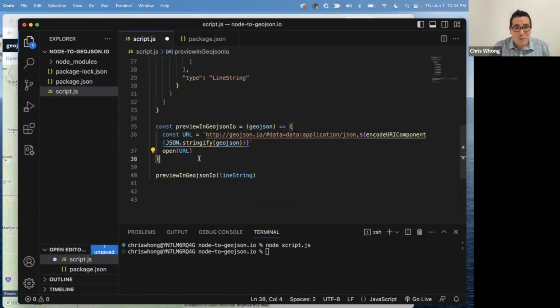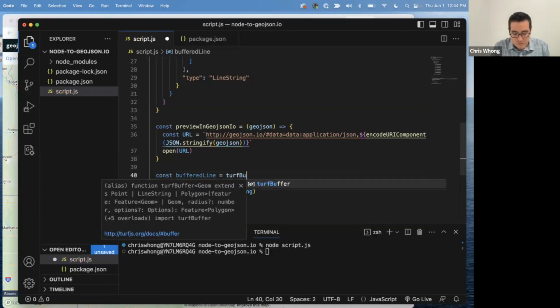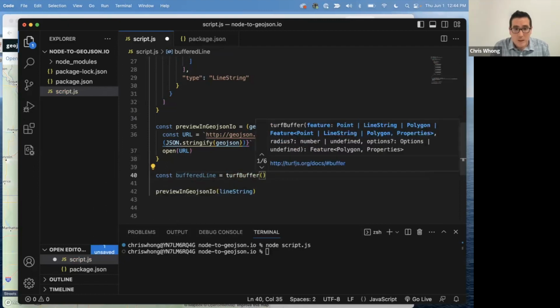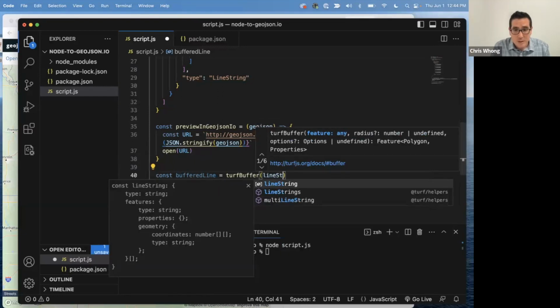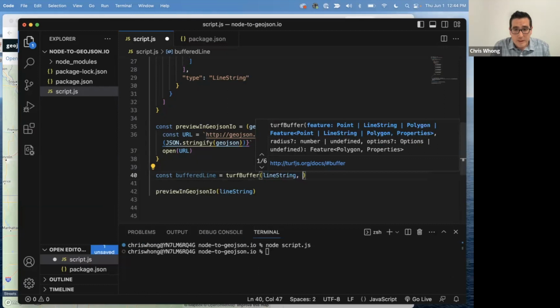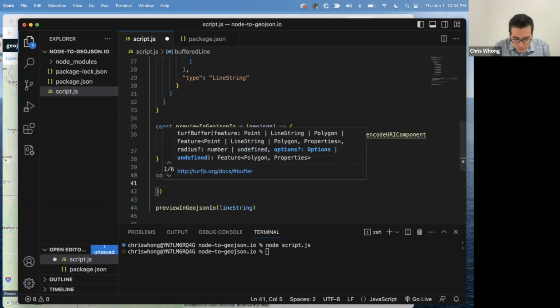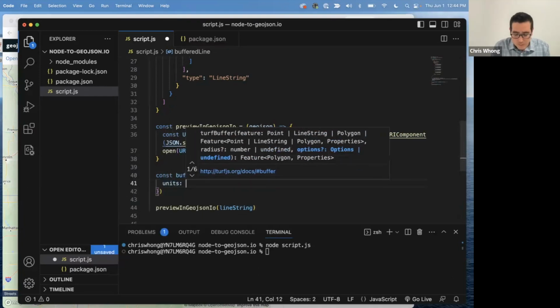So let's say const bufferedLine equals turf buffer. And what am I going to pass into turf buffer? I'll pass in the line string, which is GeoJSON. And let's pass in a distance of, let's do 1 mile. And then I think I have to pass in an object here for options that says units: miles.